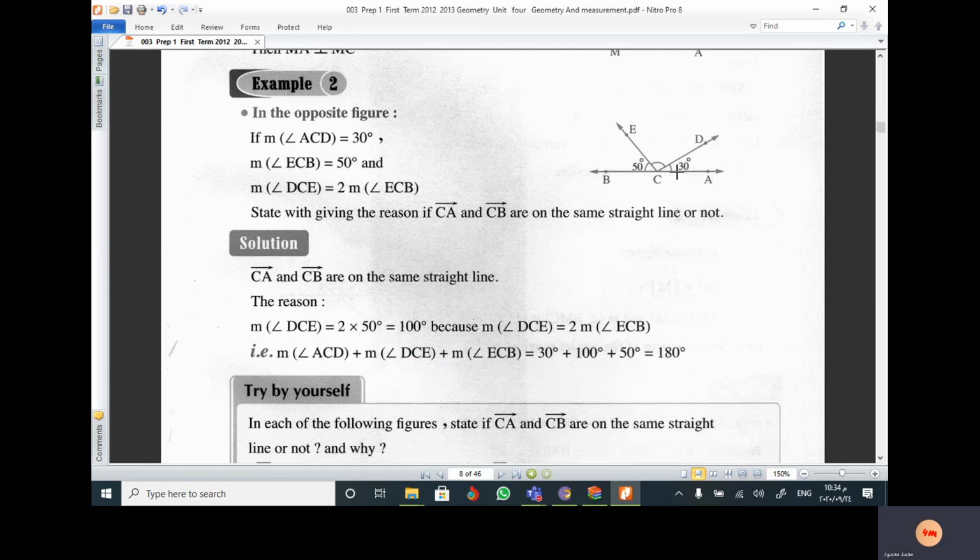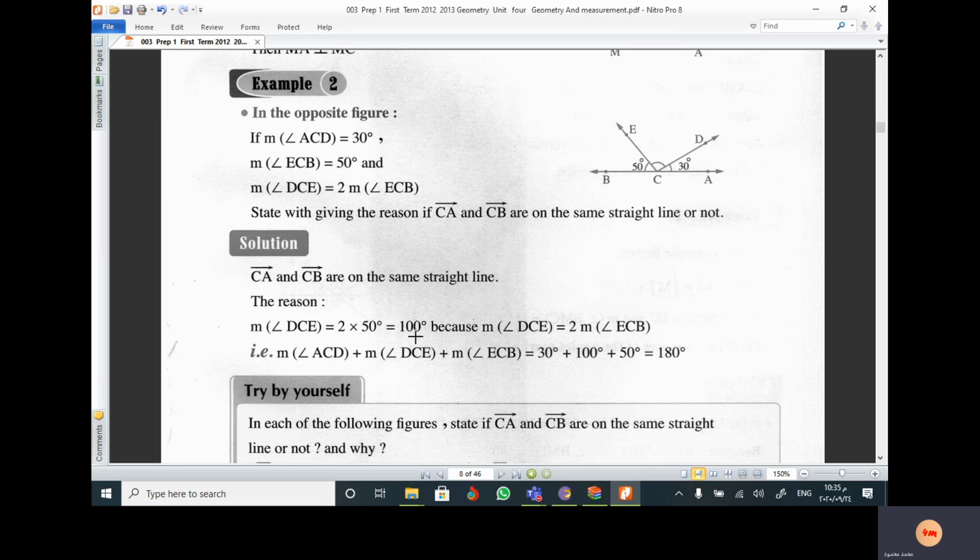Number 2, this angle is 30, angle ACD. Read it correctly. Angle ACD, the vertex in the middle, and angle BCE or angle ECB equals 50 degrees, and measure of angle DCE is 2 times the measure of angle ECB, which means you will multiply this angle by 2 to get this one. So at first the measure of angle DCE will be 2 times 50